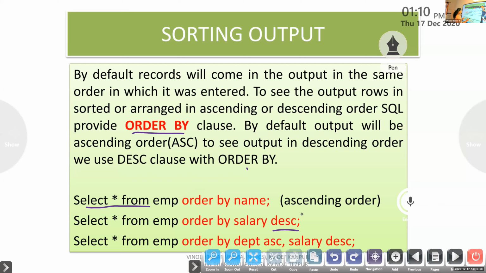This also you can write: order by name ASC if you want. It's not compulsory. ASC means ascending, DESC means descending.